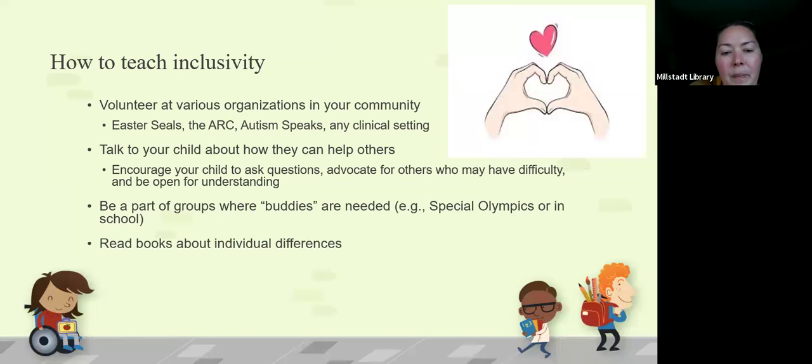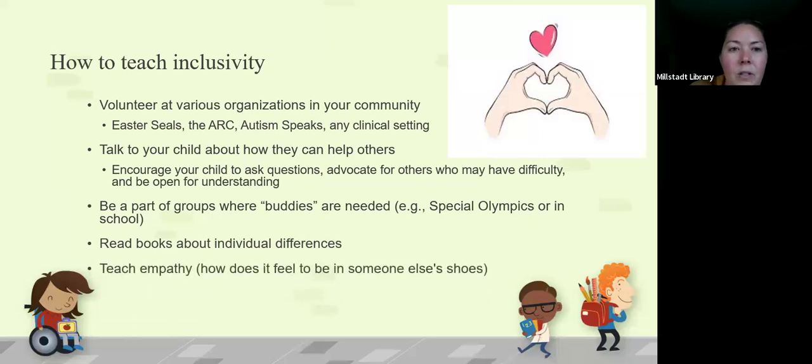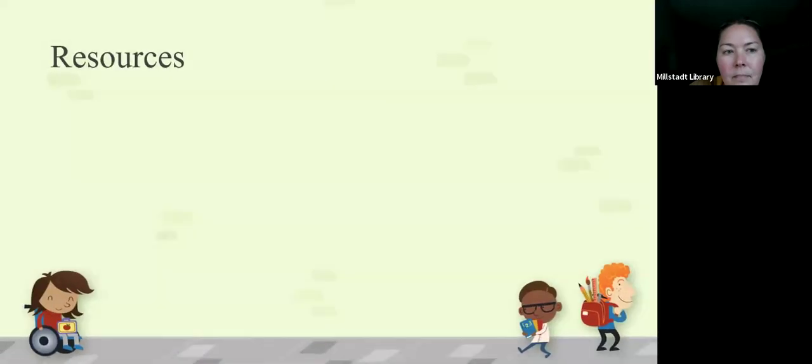And then reading books about individual differences. And I have some resources on those in just a couple slides. And then teaching empathy. So how does it feel to be in someone else's shoes? So here's some resources. These books are mainly geared towards a younger crowd. I'm sure there are a lot more resources out there for middle school and up, but this is what I found for the preschool to